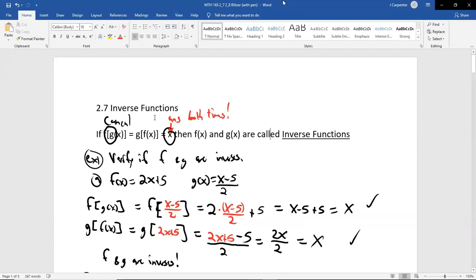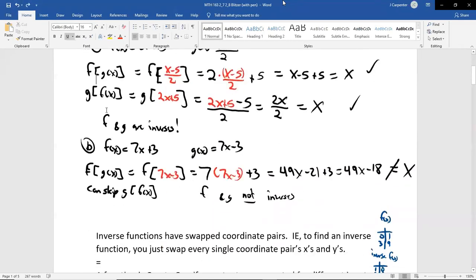Under multiplication and division, we say that the answer is 1 when they cancel. So for this inverse function concept, when they cancel, you get x, which is your input variable. Well, we said that you have to do the composition both ways in order to say that 2 functions are actually inverses. And not only do you have to do the compositions both ways, they both have to equal that very specific x. So even if you do the composition one way, if it's not x, then you go ahead and stop. But just because you get x for one of them does not mean that the second version has to be x as well.